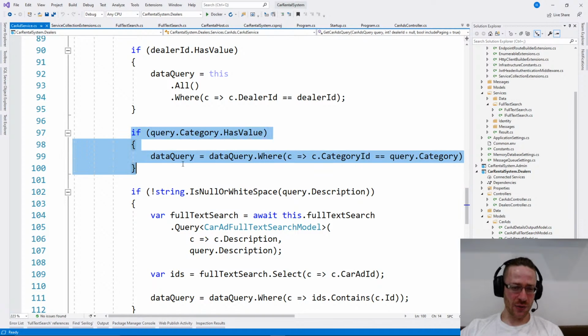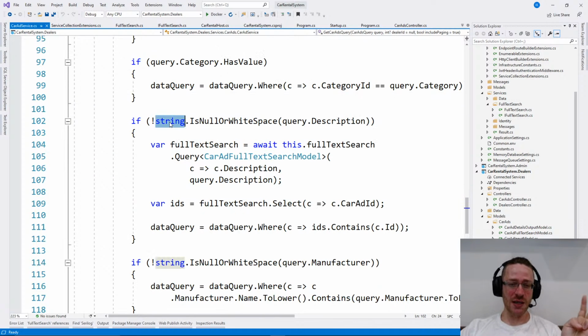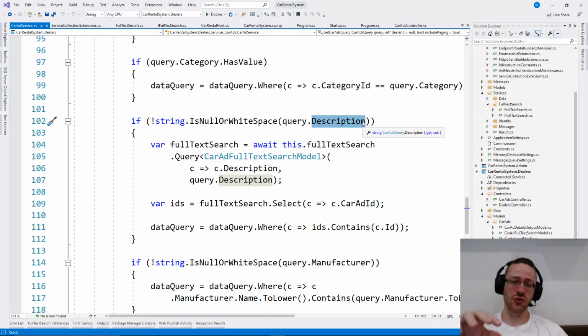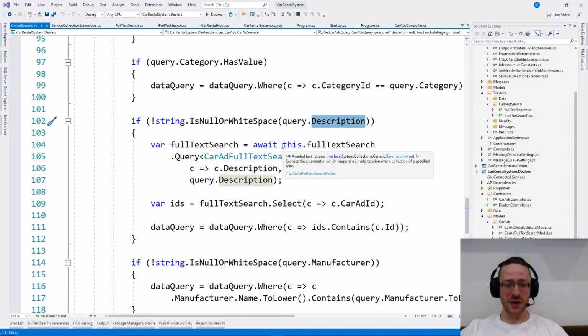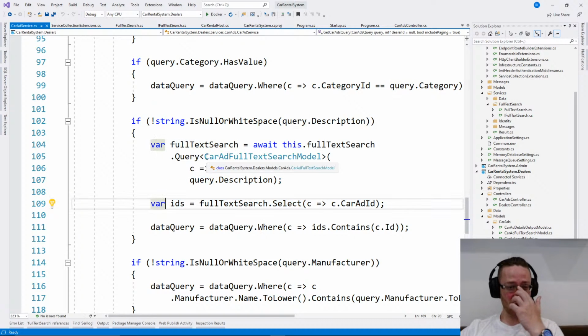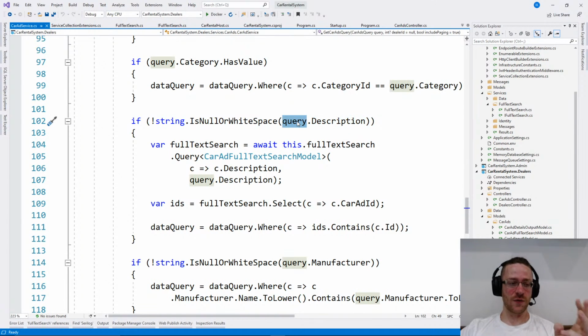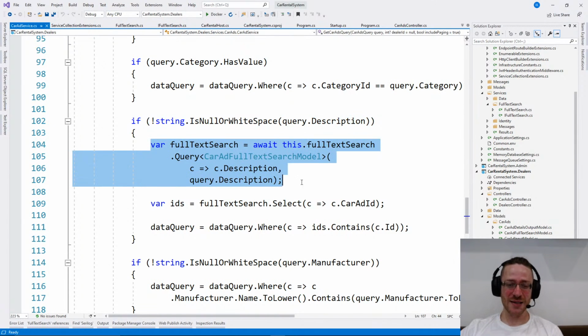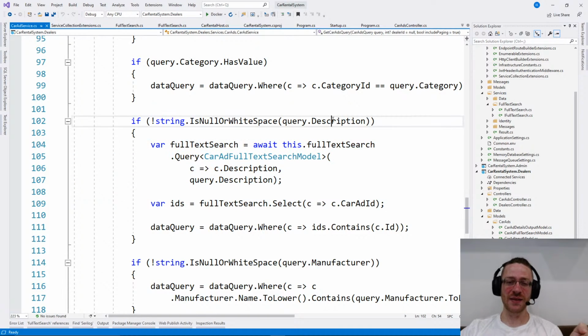Then I'm searching for category, for example, and if the string is null or empty, if the description, if the user is trying to search for something from the description, I'm just extracting from the full text search all the IDs. I'm saying await from the full text search, make a query for this model, search for the specific description in the query, and then select all the IDs. So this is pretty much saying if the description in the query from the user is not empty, ask Elasticsearch, extract the IDs which contain that description